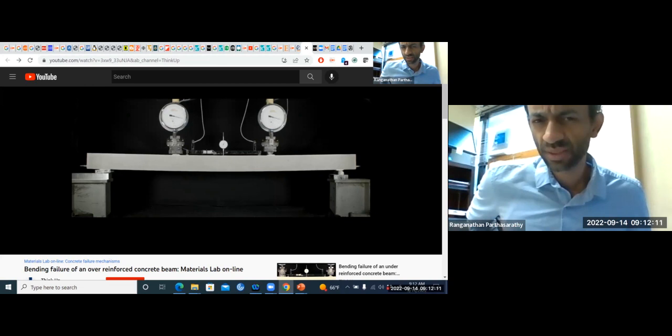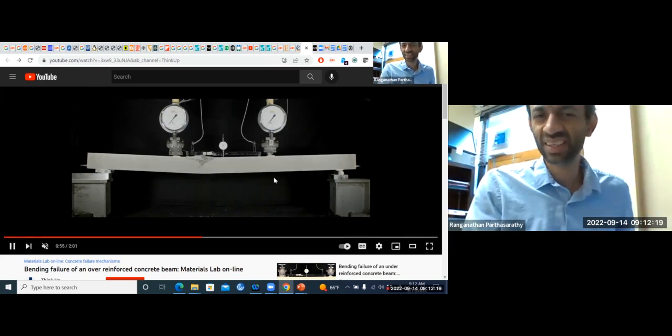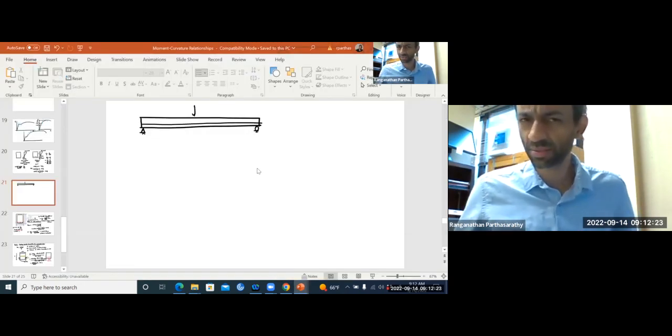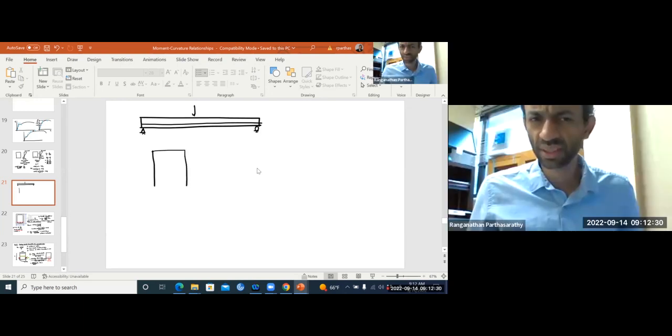Now, damn. See how it failed? Did you see? It's almost like an explosion. That means when you put too much tension steel here, then what happens is,